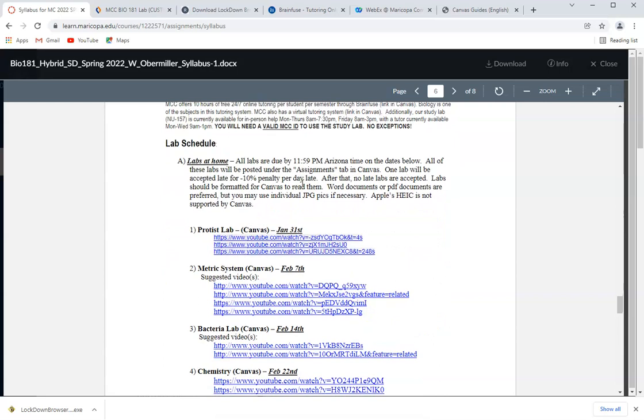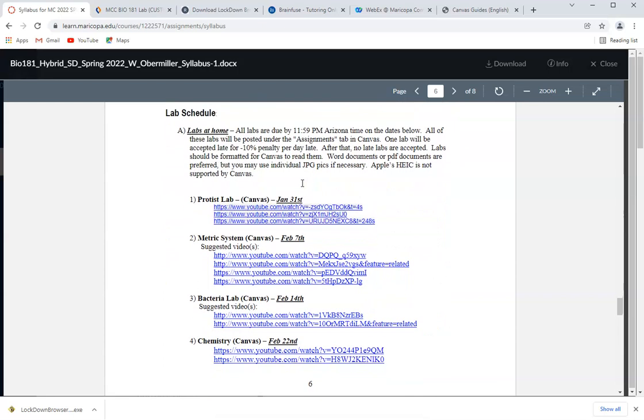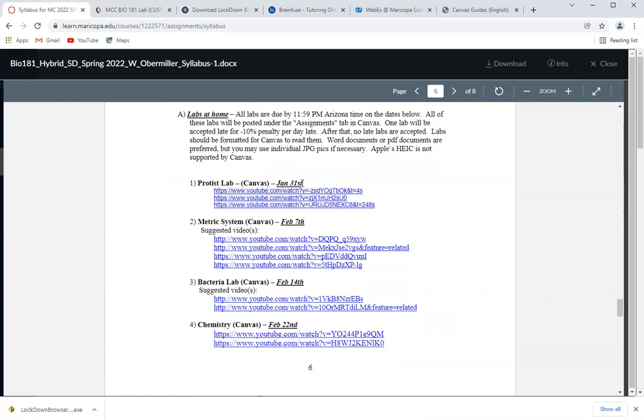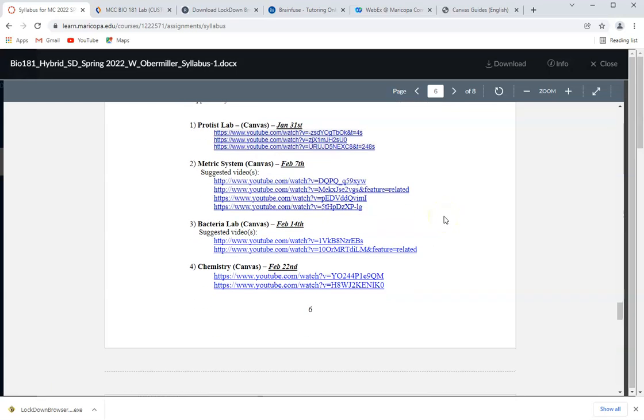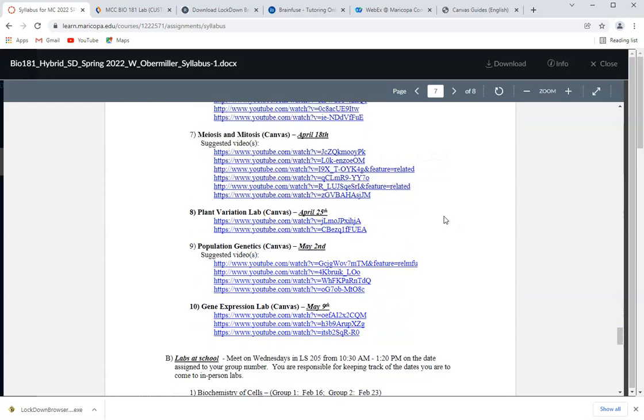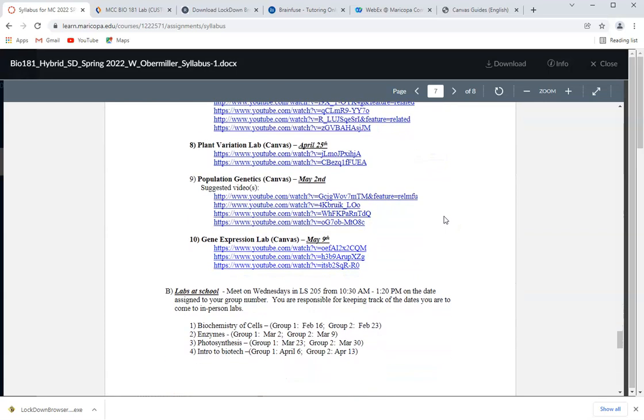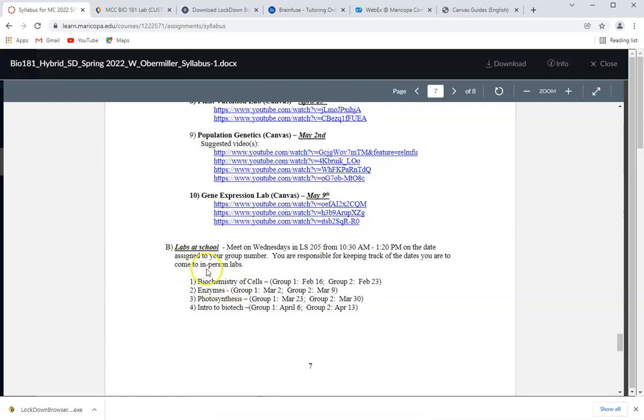We talked about the tutoring help. This is the lab schedule. This is just for the hybrid, right? So these are the due dates for each of the labs, and these are the YouTube videos that I had the links in the pages. Those are all the labs that you're going to do at home, and then the labs at school are these